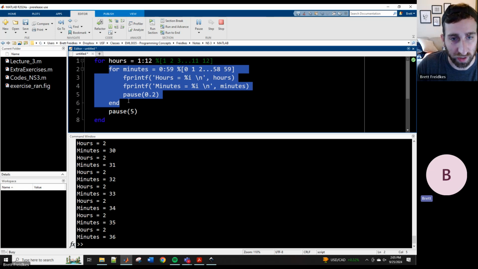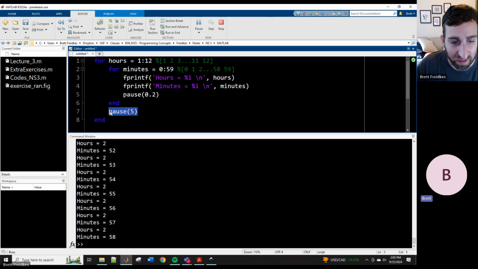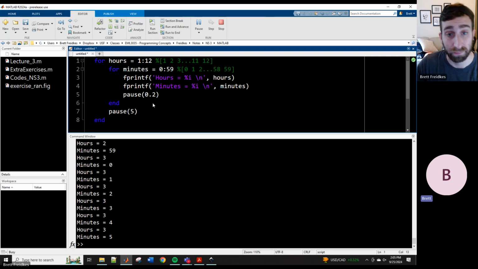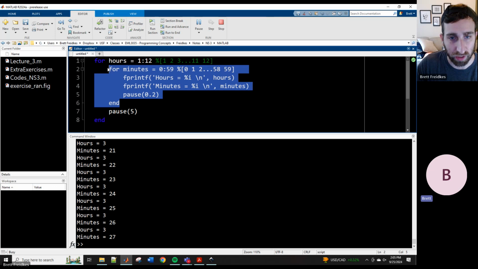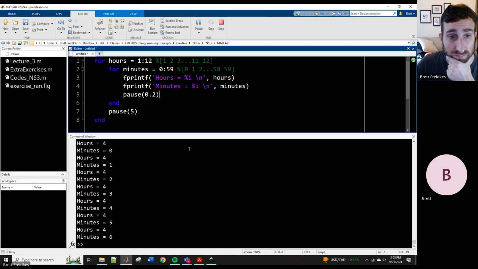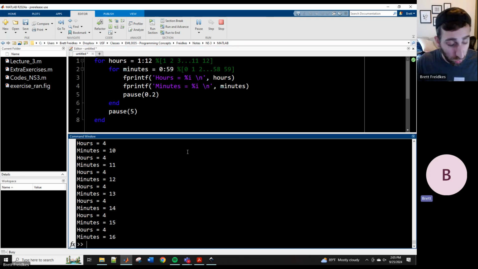So this inner for loop is going and going and going. It has to finish in its entirety before we leave it. And then once it gets to 59, which is the last value in this loop, we'll jump back up and hours will become 3. Because again, we're taking these numbers one at a time. So now it's 3. And we're going to be doing this code on and on and on, repeating every time we run the loop. And then we'll pause for a longer amount of time when it hits 59 to jump back up. And that will be at 4. And that's basically the general idea of how this works